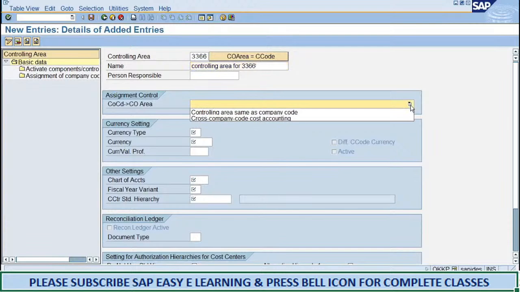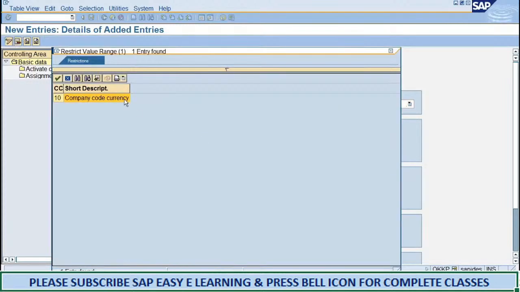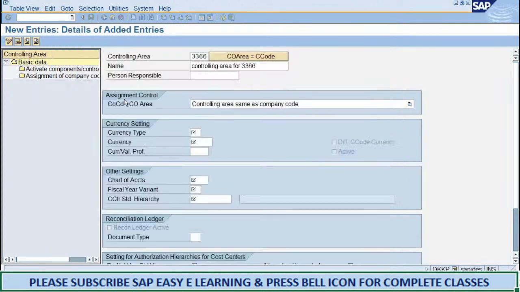If you press on F4, you have the two options: controlling area same as company code, cross company code cost accounting. So here I am having only one company code. So we can use only controlling area same as company code. Then currency type 10 means company code currency. So what is currency type here? From now onwards, when you post a transaction in FI, the controlling